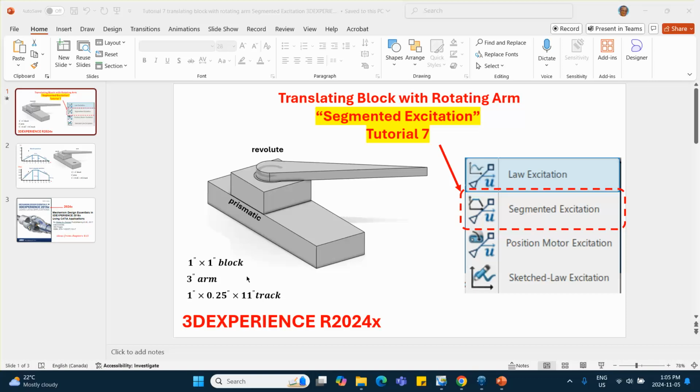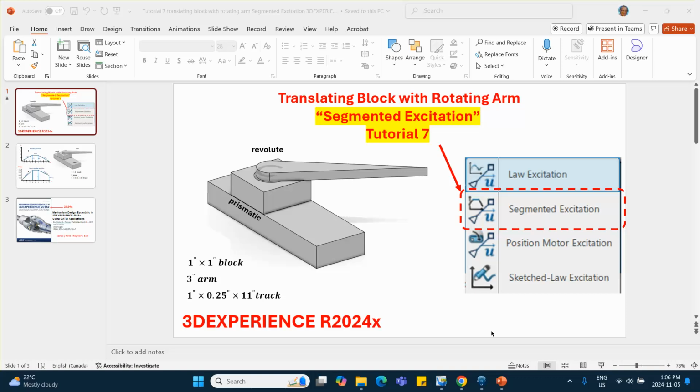Hi folks, in this tutorial 7, I will put some ideas from tutorials 2 through 6 and do a problem that's a bit more complicated in the sense that it has both a revolute joint and a prismatic joint embedded in it. This is a playlist that I'm making for performing kinematics analysis in the 3D Experiences platform, whose built-in engine for DMU kinematics is actually taken from the CATIA